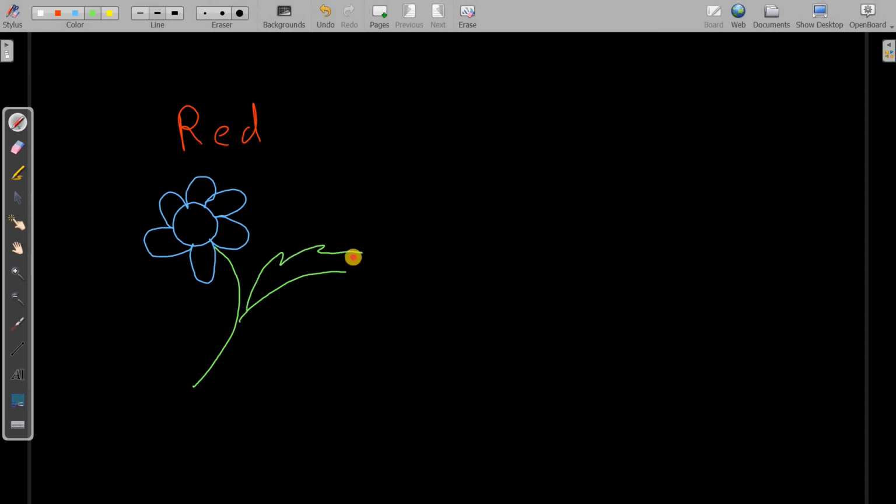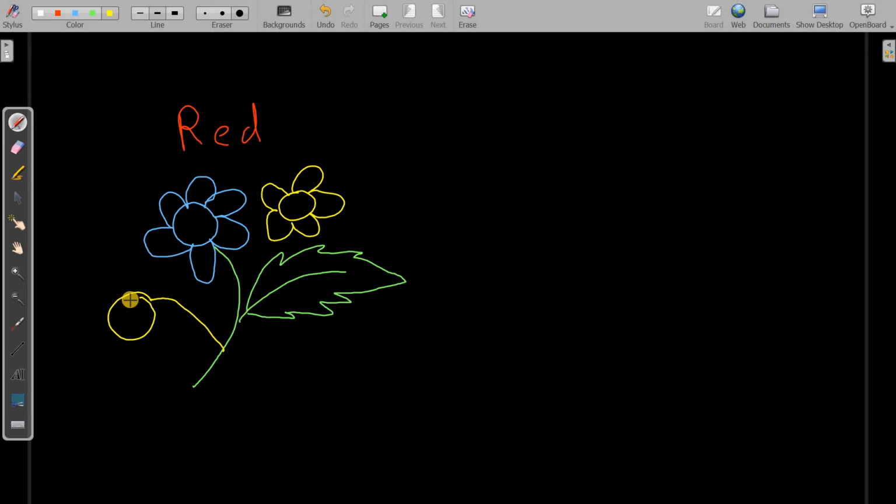So an art teacher may have more fun. The physics or science teacher also can do this in free time. Yellow color I want, so I can do that also. Basically I will not waste your time, but let me make one more flower.